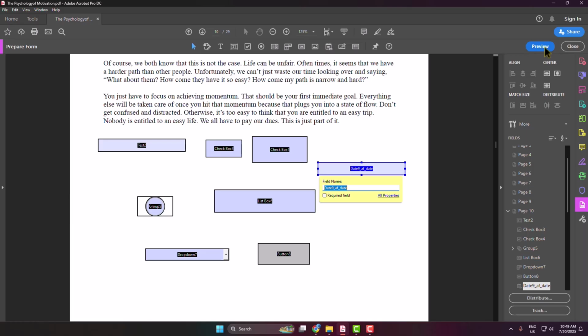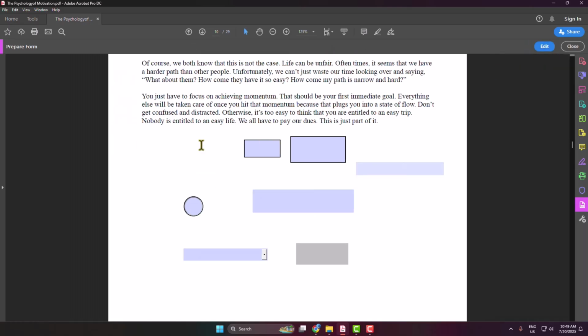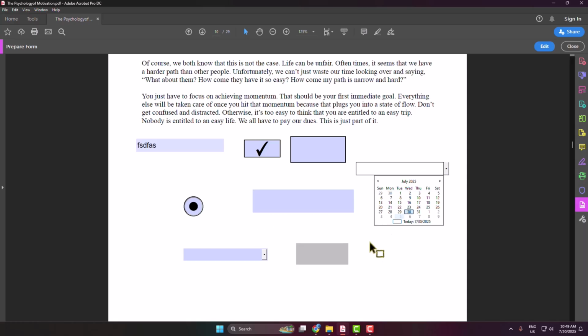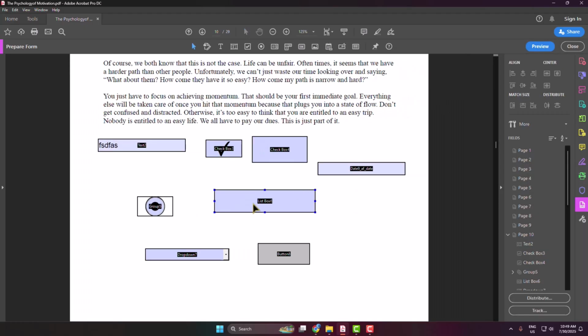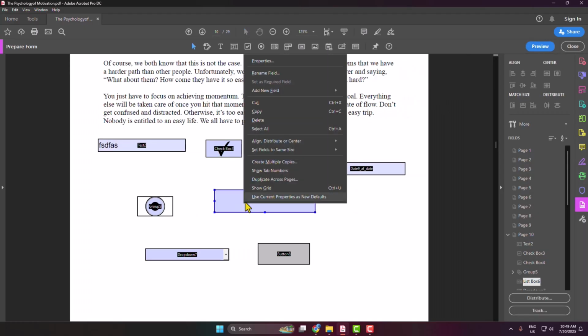Now let's click on preview, and here we can see the text field, you can see the checkbox field, and we can see the radio button field. Here we can see the date field. So now if you want to customize any field, just right click on the field and click on